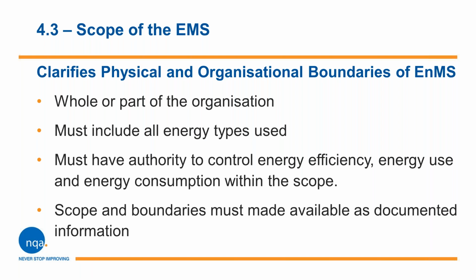So for instance, if you have one part of the organisation, as an extreme example, that still uses coal, you can't draw a line around that and say, well, we'll do all the bits that are using clean energy, but actually we'll ignore the coal bits because coal is one of the energy types that you're using. So if you're going to draw a line around any of the boundaries, you can't use that line to exclude a particular energy type. You must have authority to control the energy efficiency, energy use, and energy consumption within the